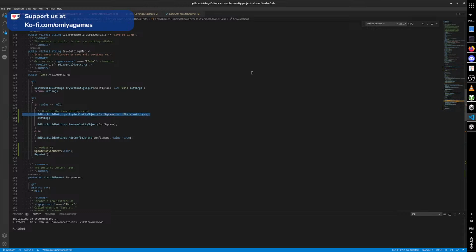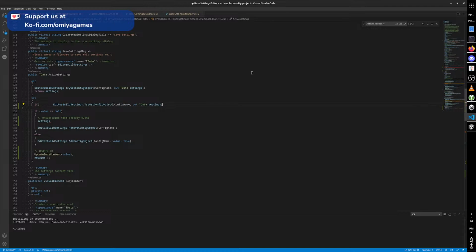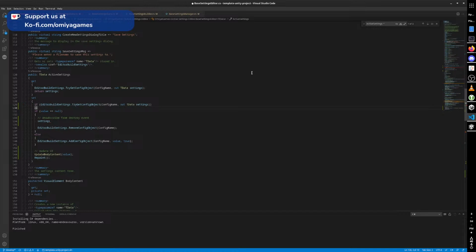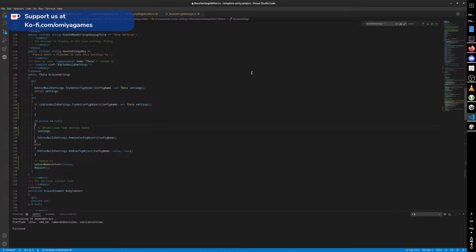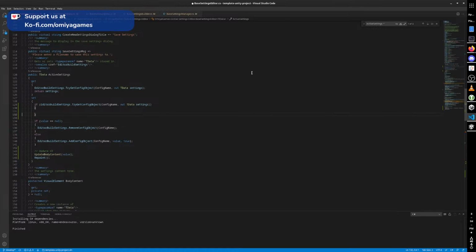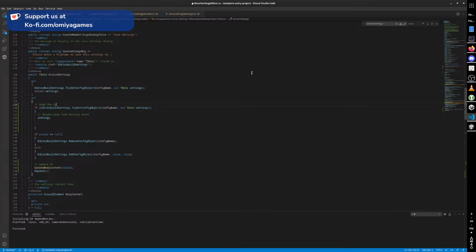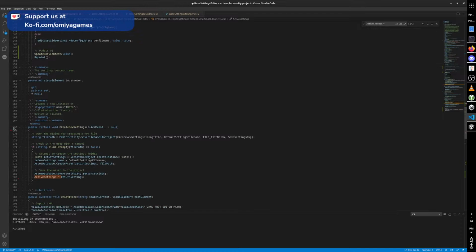Actually, we want to do this prior to changing the value. Grab the old settings. Settings dot on before destroy. Then I'm going to call it